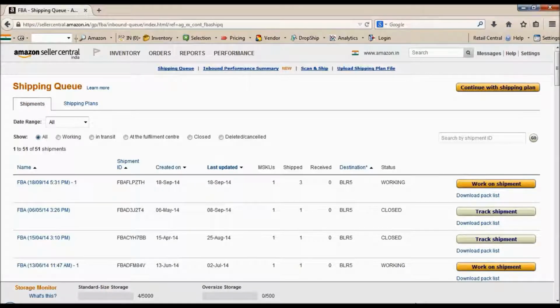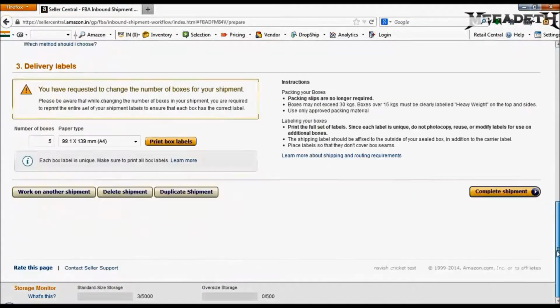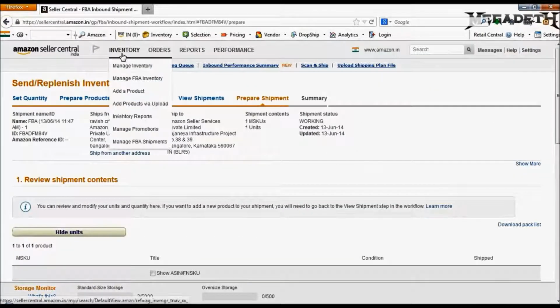Now, after you have finished the shipment, you realize that you have added more products to the box that are actually not present in the shipment. Then before you ship out the product, please make sure that you create the listing and then add it to the shipment. So this is the entire process from creating a product to converting them under Manage Inventory, then under Manage FBA Inventory, selecting the products that you want to send to our warehouse and preparing the shipment. And once the shipment is created, then working on the shipment under Manage FBA Shipments.